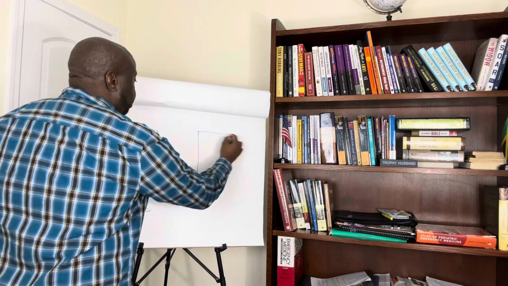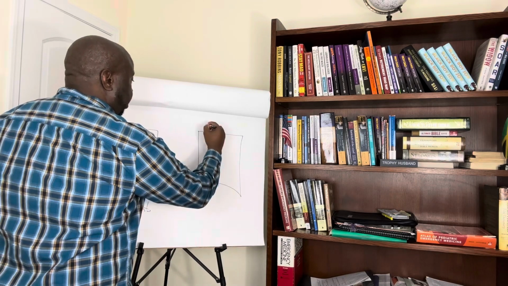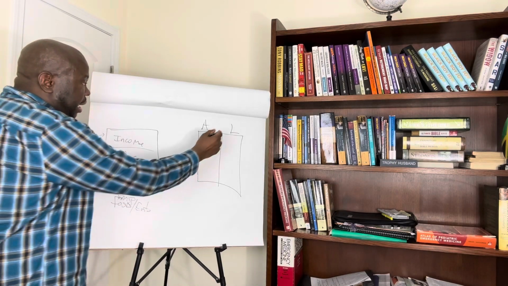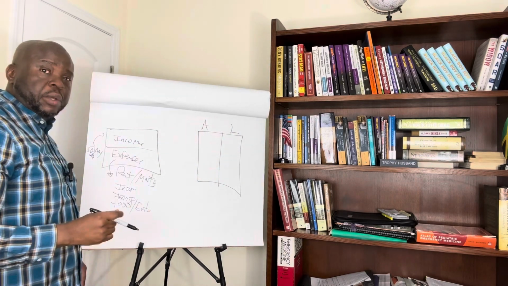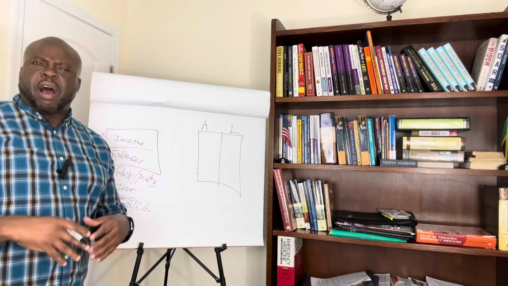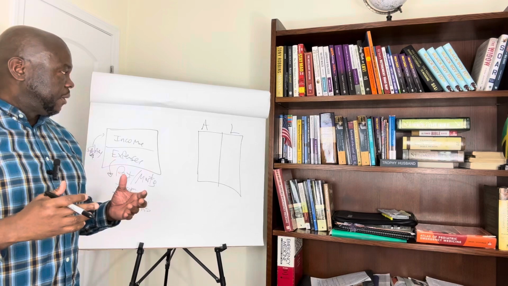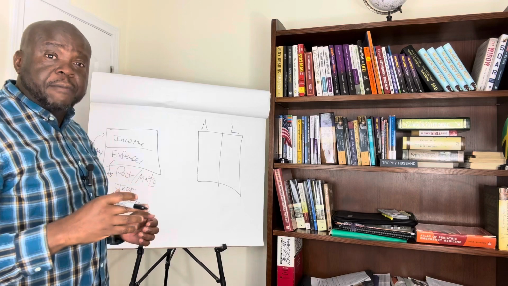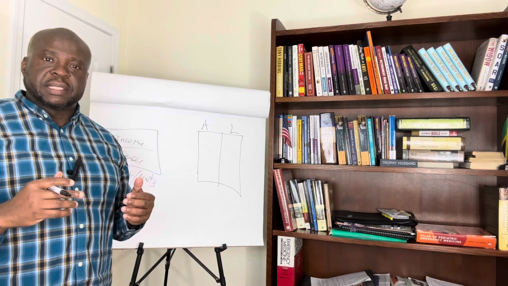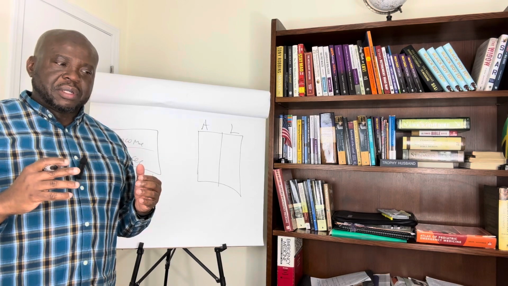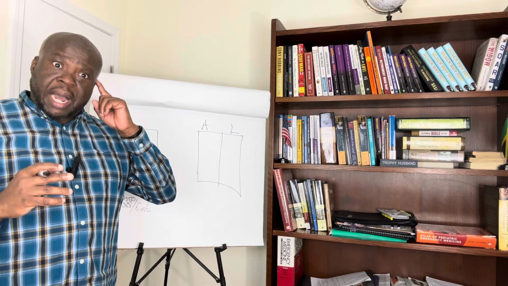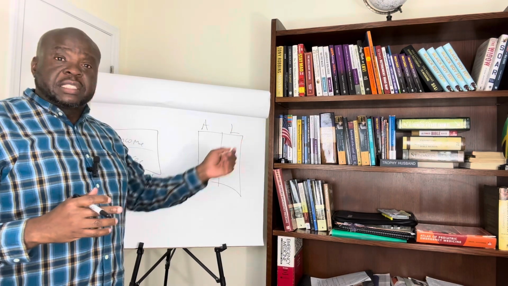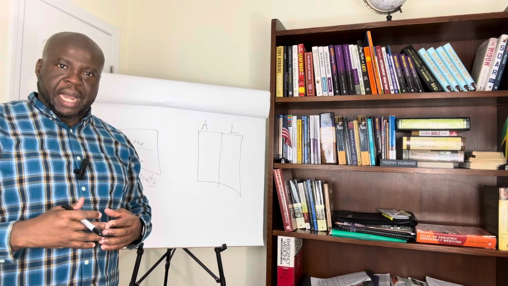Now your balance sheet here is this. A is for your assets and L is for your liabilities. Assets, if you look in the Webster Dictionary, it may say something like something of value that can be sold for value. But I like the definition that Rich Dad Poor Dad gives. An asset is something that puts money in your pocket on a month-to-month basis. I like that definition because it really gears your mind to what am I buying. An asset is something that puts money in your pocket. A liability is something that takes money out of your pocket.